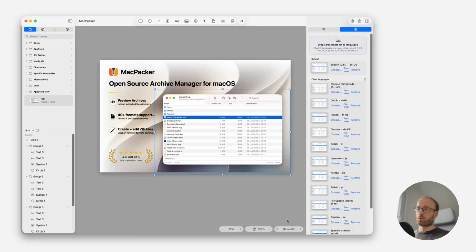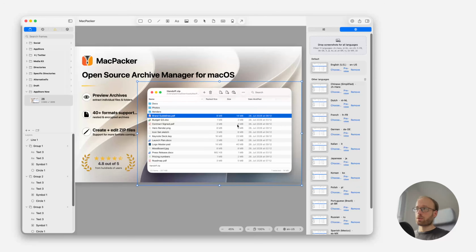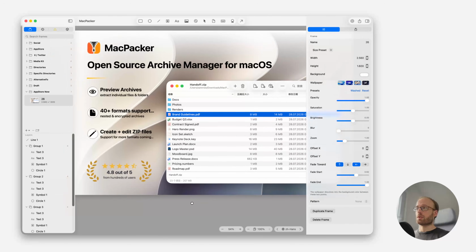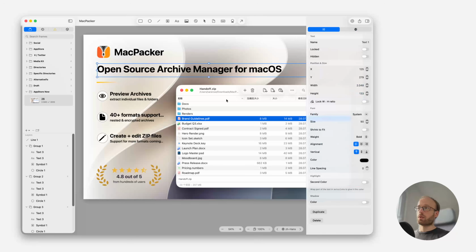and then they are set in the correct language. So if I now go through all of the languages, so this is English, then we have German, we have Italian, we have Japanese, we have Chinese, and when we later export those screens, I have the screens ready to be distributed also to all the other languages. So I can just upload them via Helm or App Store Connect, and they are distributed. And obviously the same can be done using